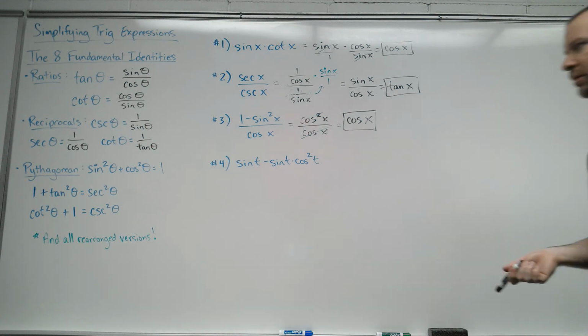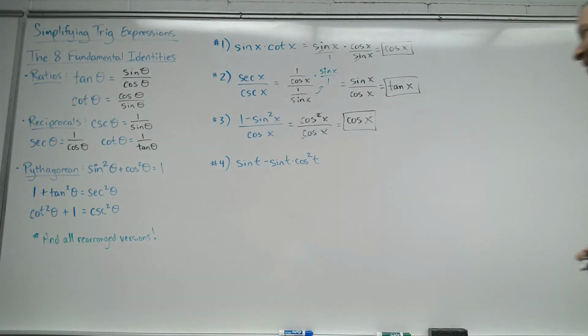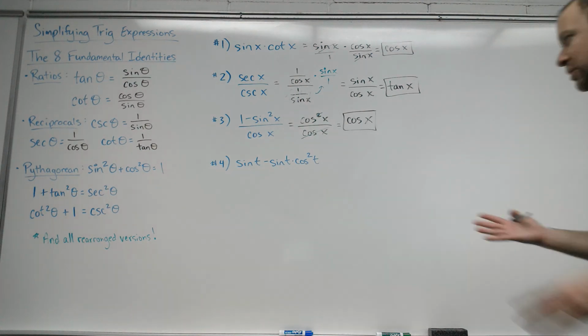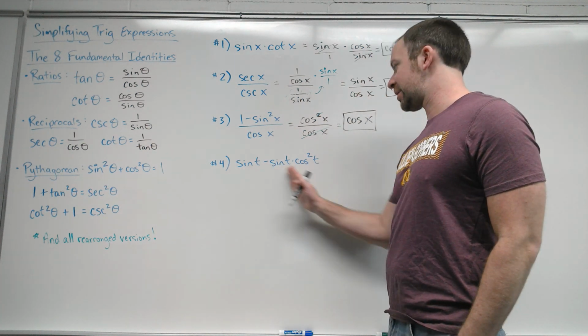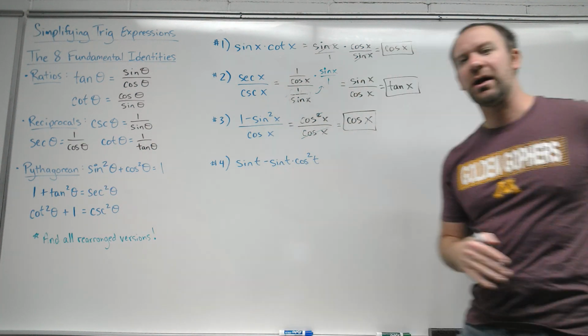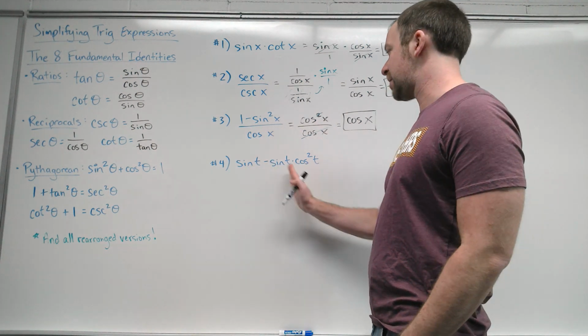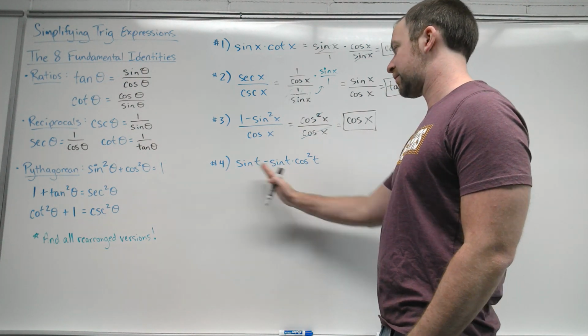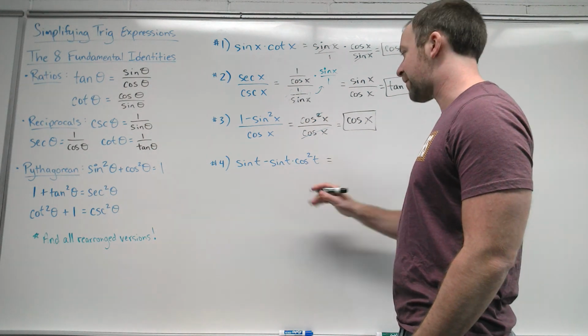And then the fourth one should look familiar because it's pretty much the example that we did for strategy number 2, just with different functions in there. Okay, so I look at it, it's already sines and cosines, so I can't do any simplifying there or substituting there. But I do notice that both of these have a sine in it. Okay, so if they both have a sine, I can get that sine out of there. Okay, I can factor it out of both